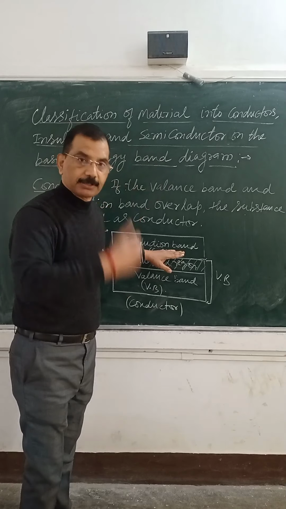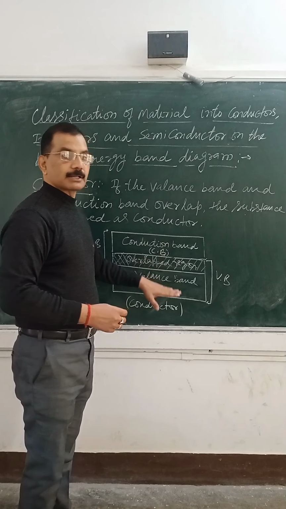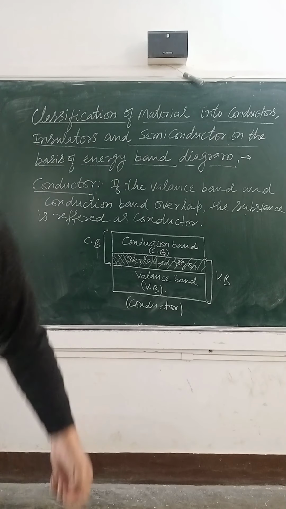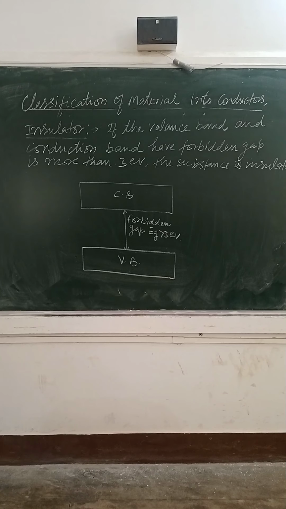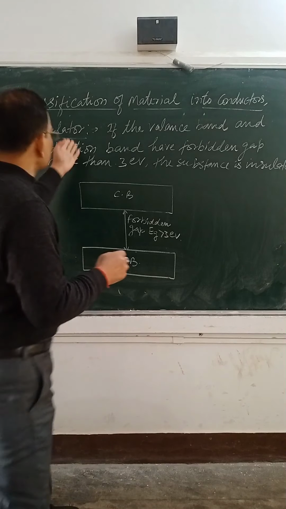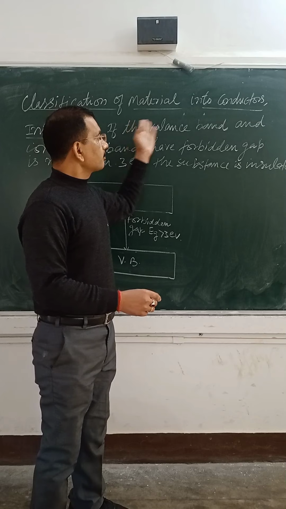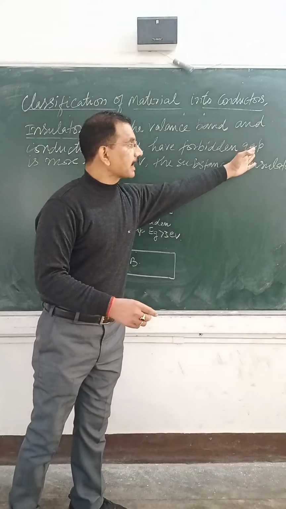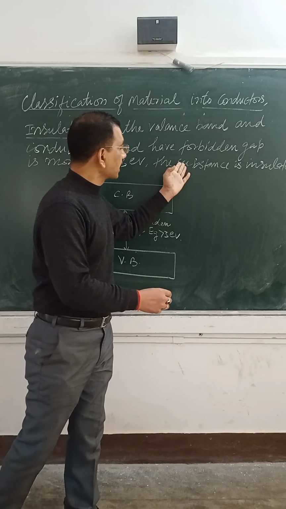उतनी ही ज्यादा होगी। तो in this way you can say, in conductor, if the valence band and conduction band overlap, then that material is called conductor. Now next one is insulator. In insulator, if the valence band and conduction band have forbidden gap more than 3 electron volt, then the substance